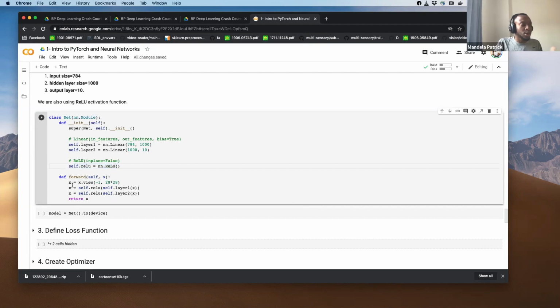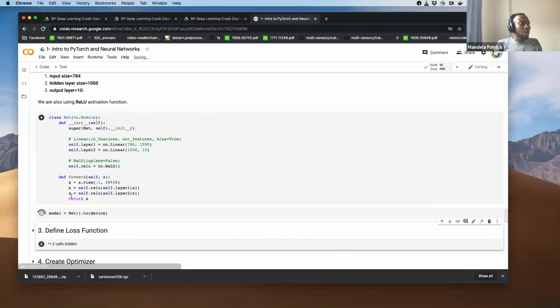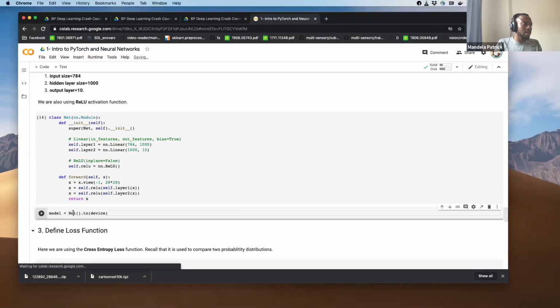As you can recall from the slides, we apply a layer and then we apply a nonlinear activation function. Similarly, we take the output here, apply the linear layer, and then apply the activation function. And then here we move it to the GPU because we want everything on the GPU. So we move the neural network onto the device, the GPU.